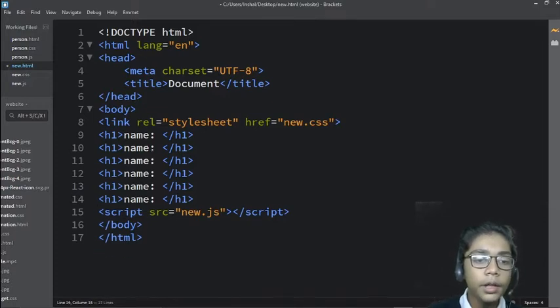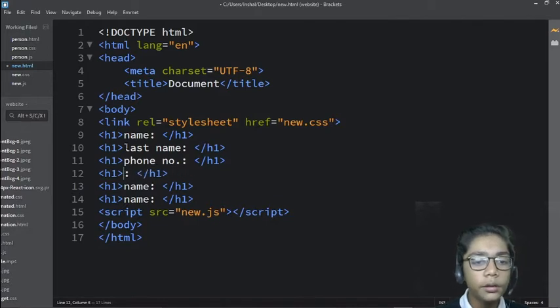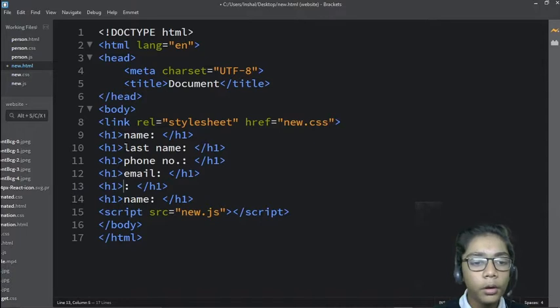Now till here when you've done that, come over here and write last name. So write last name, and here you have to write another thing which is called phone number. When you've done that, just come over here and write another thing which is called email, and over here you have to write nothing. So here you have to erase these things. Okay, so first of all I have to write location also, so I will write location and email over here. And now it is done.